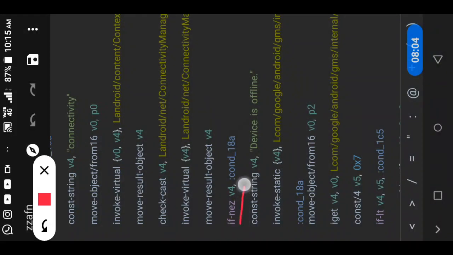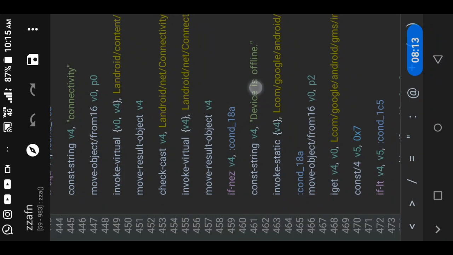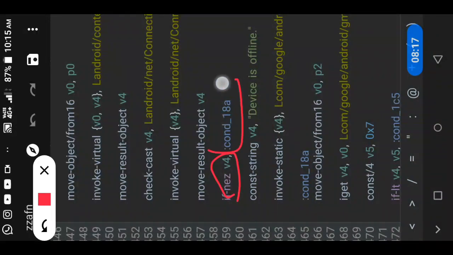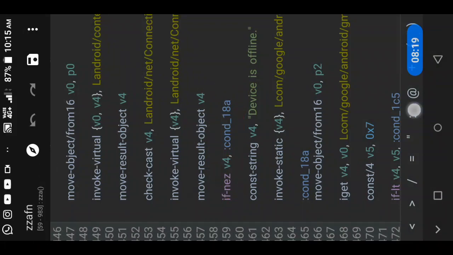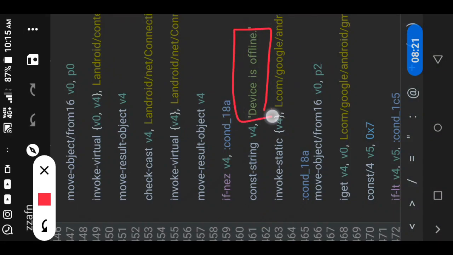If it is not equal to 0, then it will go to condition 18A. So here you can see we have one device offline. So now what I will do is,